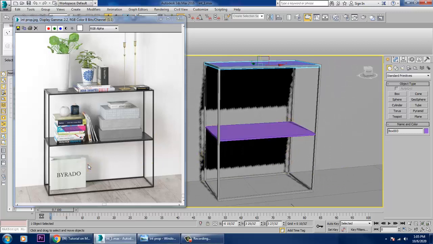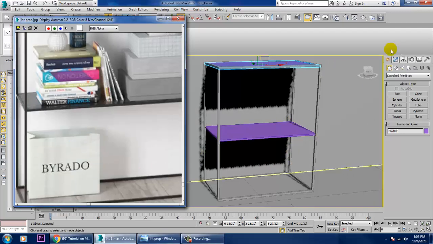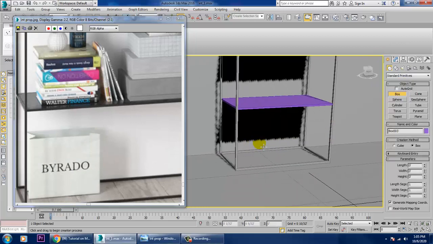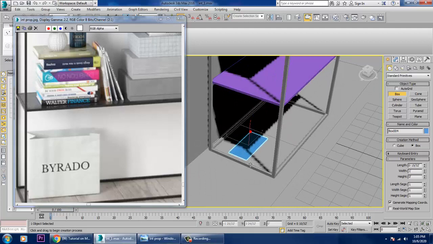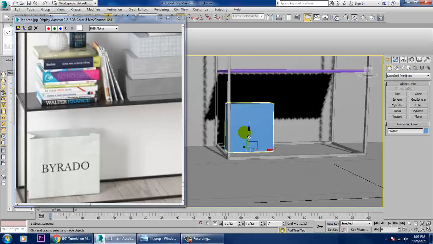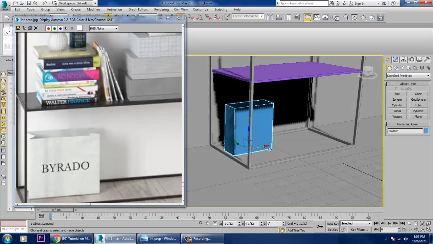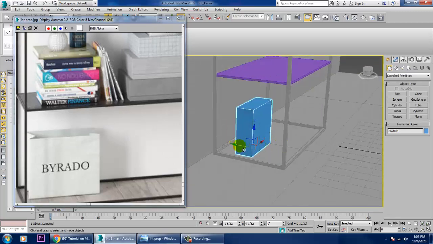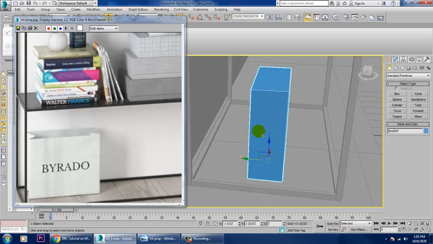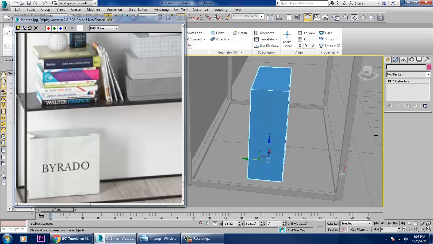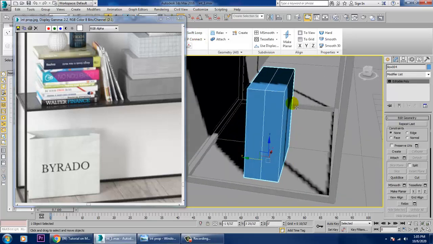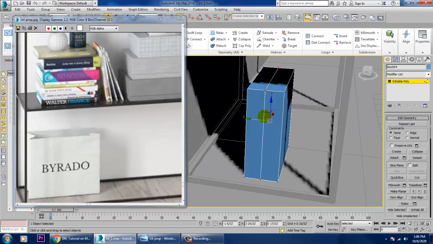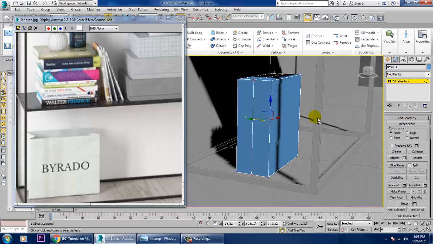So let's create this bag. For creation of this bag, let's take a box, push it on top of it, and drag it over here. Convert to editable poly. Let's use a Swift loop, and take one more Swift loop.